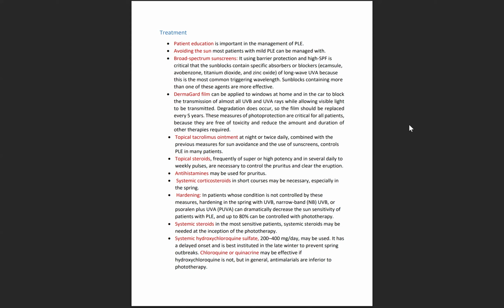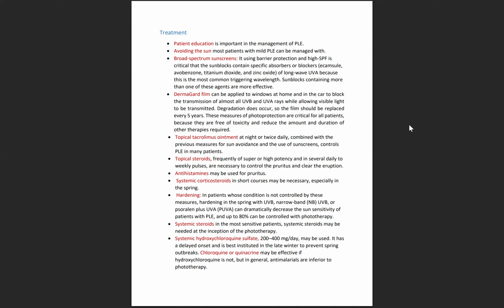We can use topical steroid, frequently of super or high potency, and in several daily to weekly pulses are necessary to control the pruritus and clear the eruption. We can use antihistamines for pruritus. Systemic corticosteroid in short courses may be necessary, especially in the spring. Hardening in the patient whose condition is not controlled by these measures. Hardening in the spring with